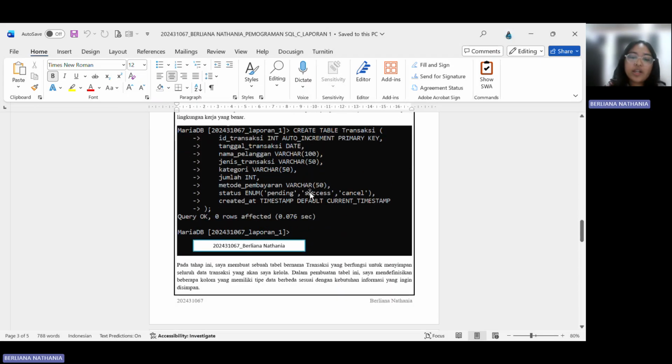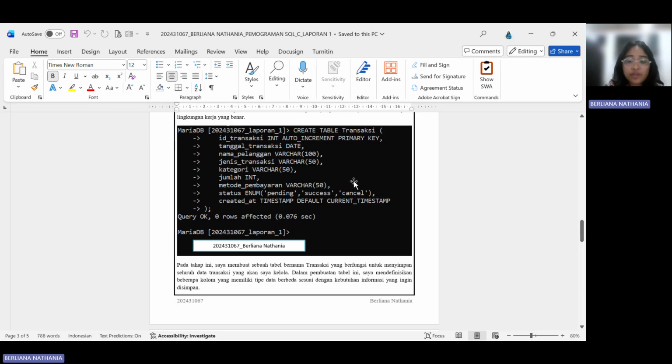And then next, I created a table using create table transaksi. In this query, I define all the columns. For example, ID transaksi is set as a primary key and auto increment, which means every new data will automatically get a unique ID.